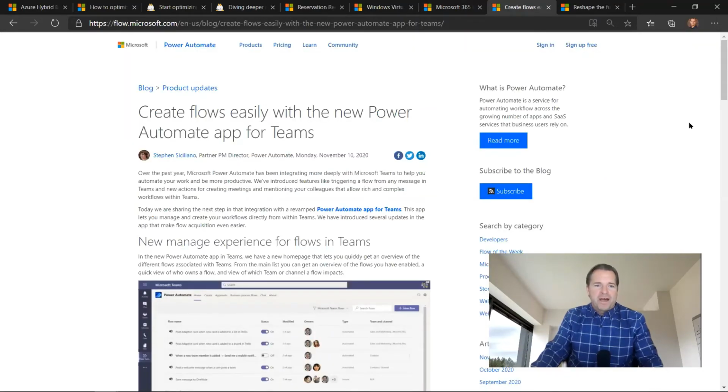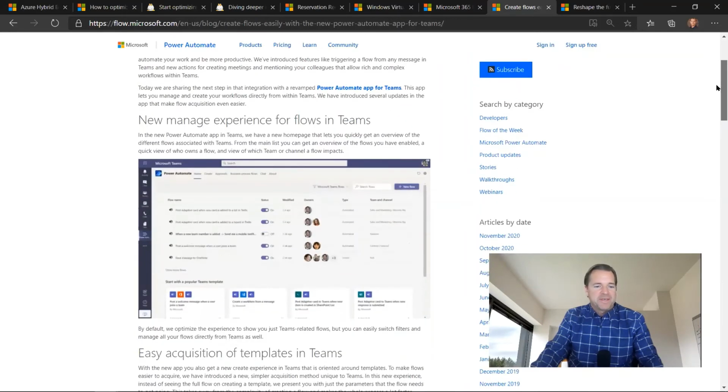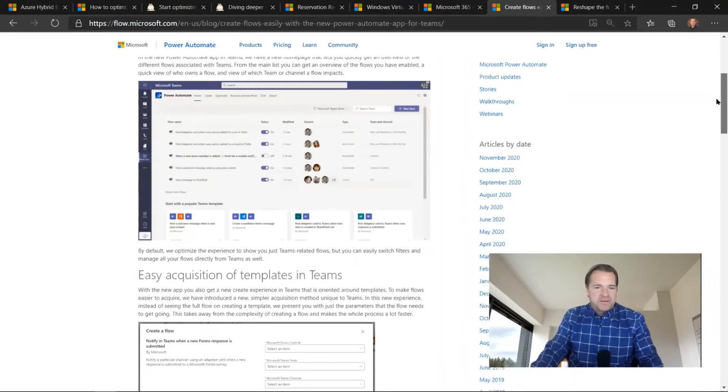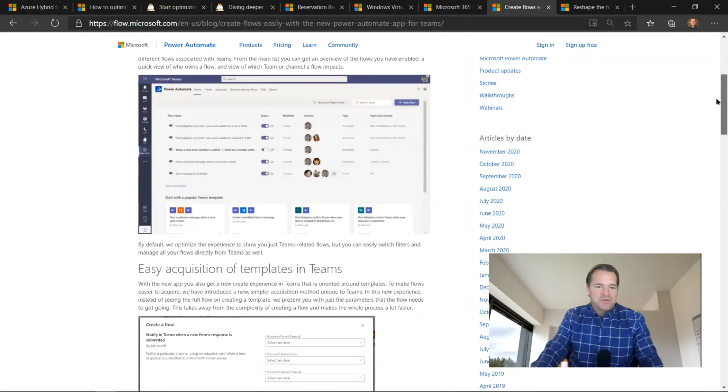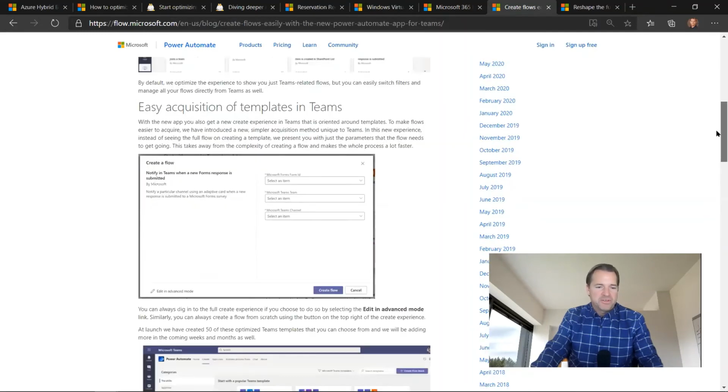There's a new Power Automate app for Microsoft Teams. Power Automate, which used to be called Microsoft Flow, is the ability to create flows or power automations within your Microsoft environment and also beyond the Microsoft environment. This new capability allows you to create Power Automate flows within Teams. So there are a couple of different templates that are now available for Microsoft Teams to create Power Automate workflows,